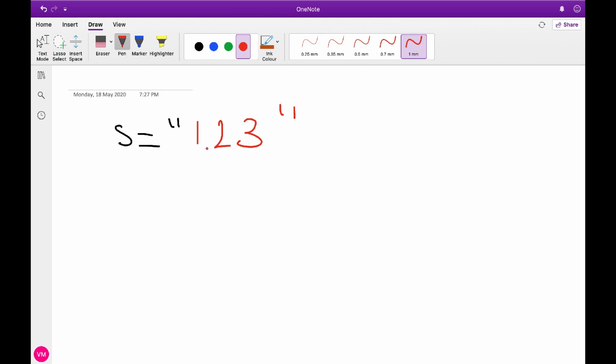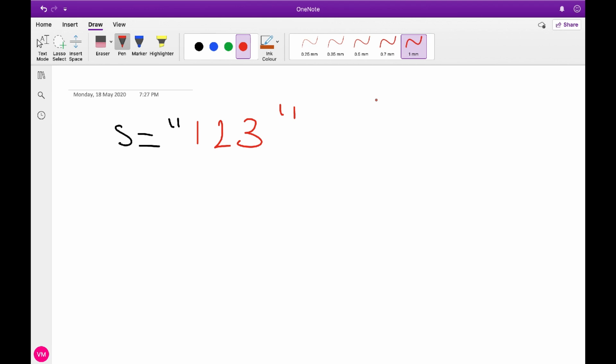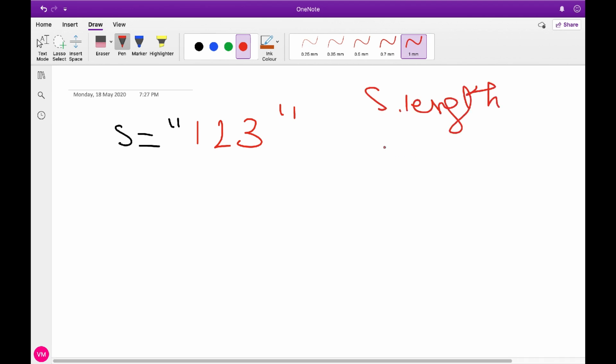Okay, so first of all, the brute force type of solution that can come to our mind is that for every character we can generate all substrings, but it can take up to O of n square time, and our n is 2 into 10 to the power 5.